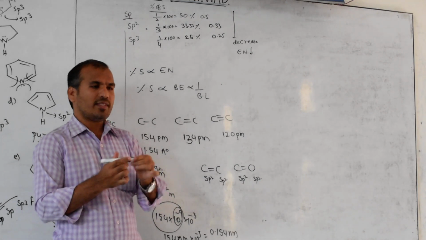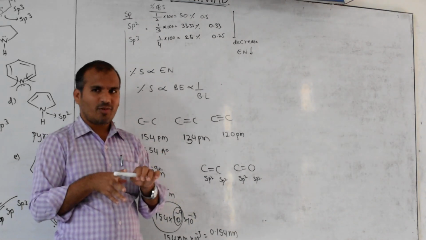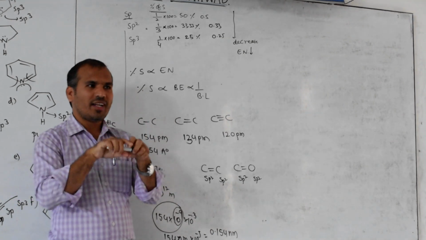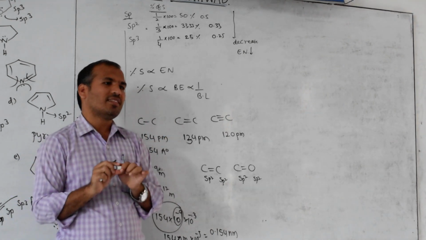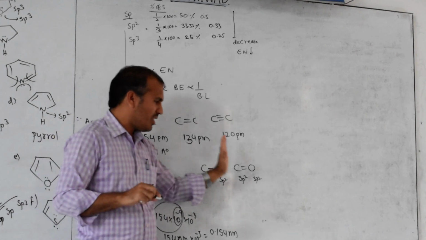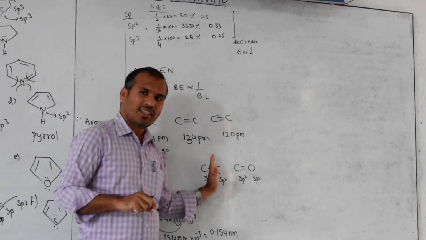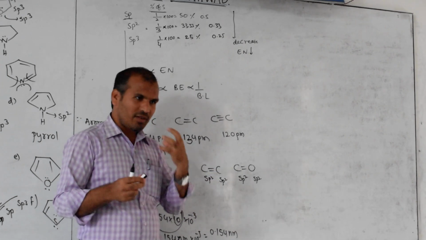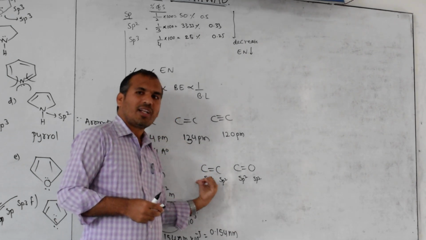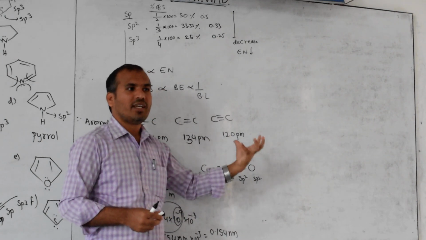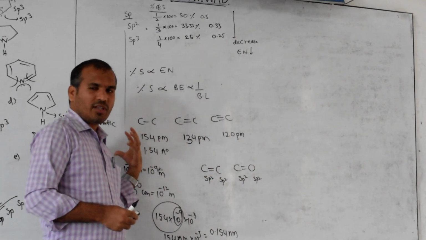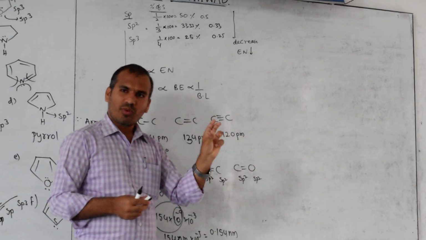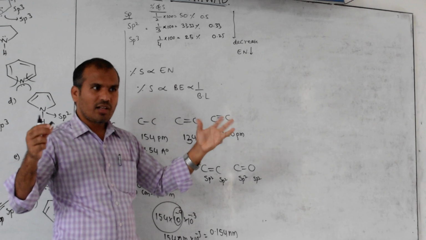Like this pen, it is considered easily broken. Actually it doesn't break, it is polymer. But when the length is long, we can easily break it. Now the cap is smaller, so it is difficult to break. So for this the energy required is more, for this the energy is less. We are not following the textbook data, but answering by our common sense. Left to right atom size decreases: the left side of the period has bigger size, the right side smaller size. Smaller size gives a smaller bond, larger size gives a larger bond.